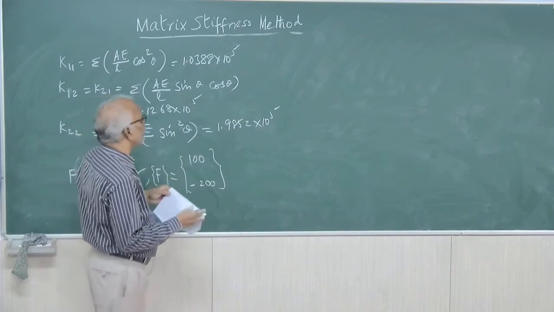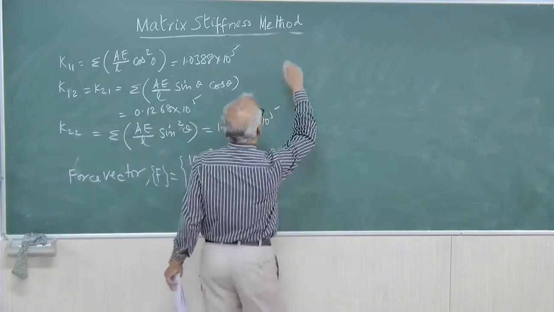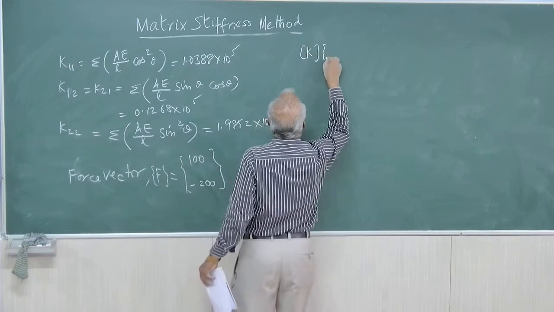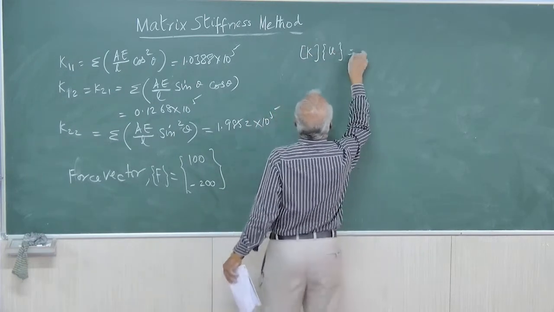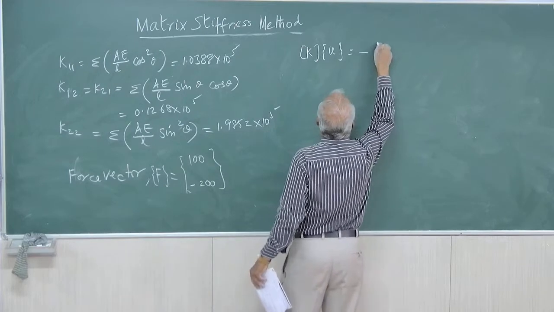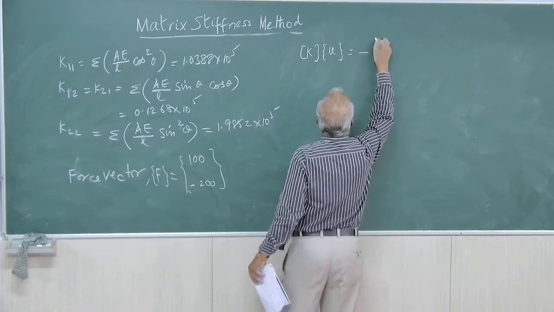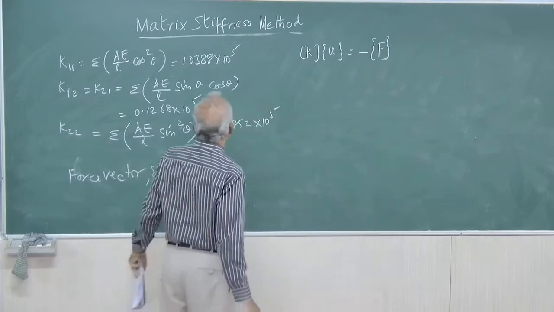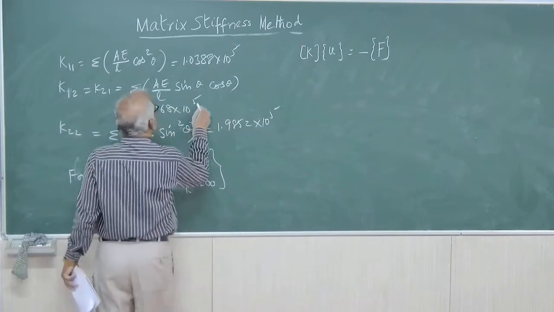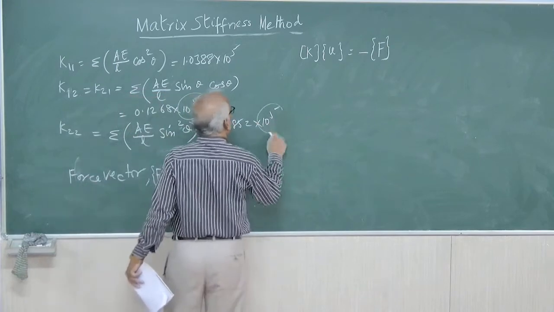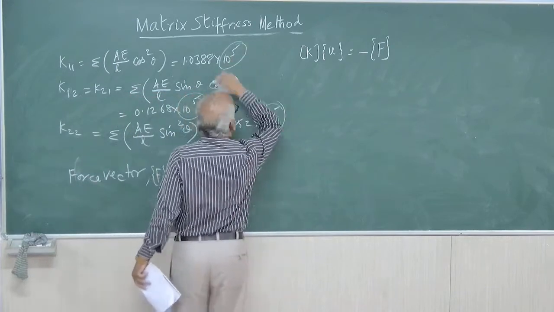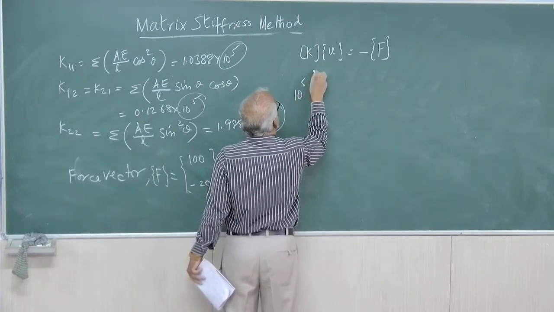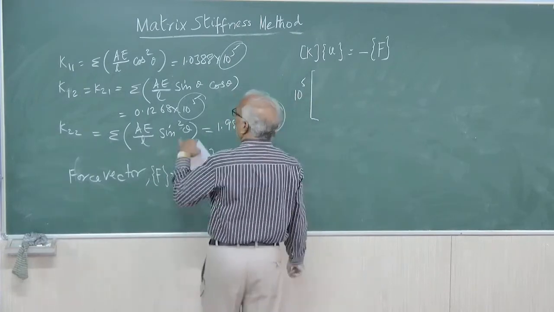So the equilibrium equation is K into U equal to minus F. We have already discussed the reason for minus F at the beginning. So in all the cases you find 10 power 5 is common in all the three cases. Therefore 10 power 5 into K11 equal to